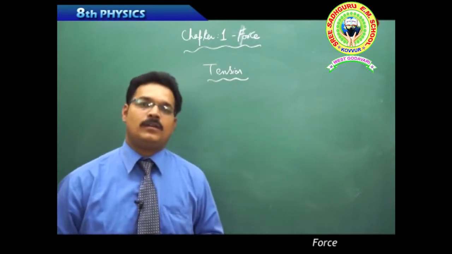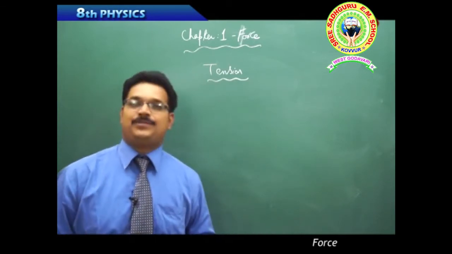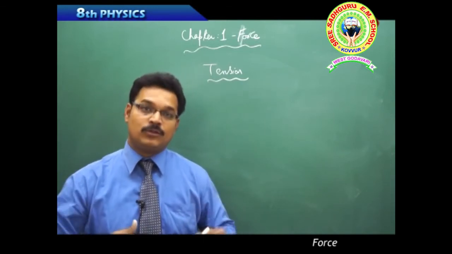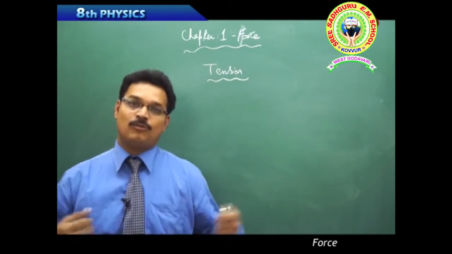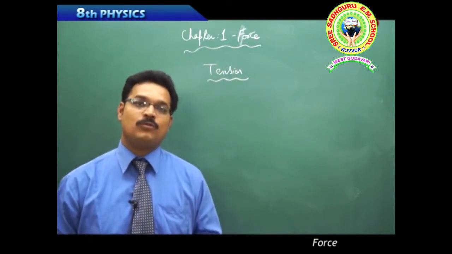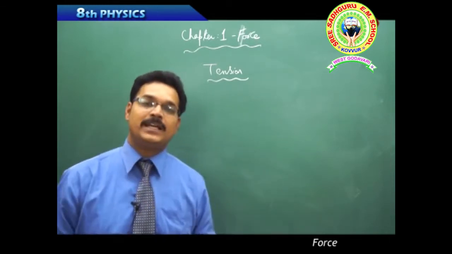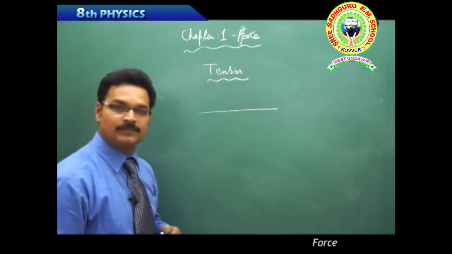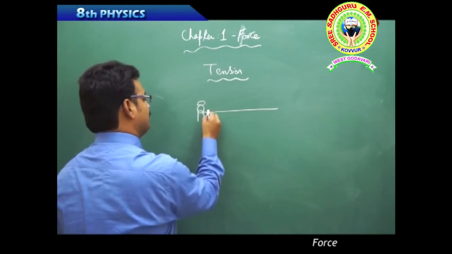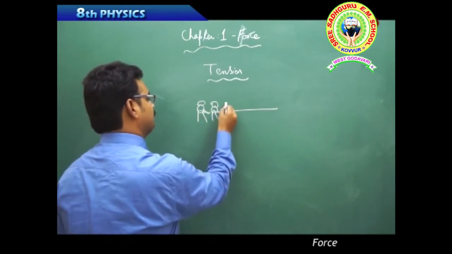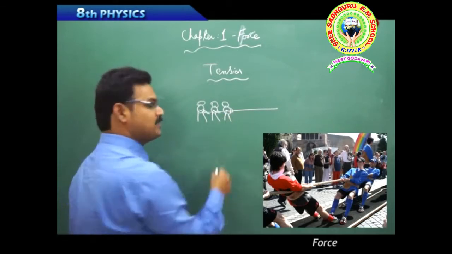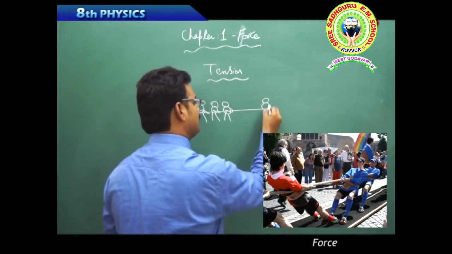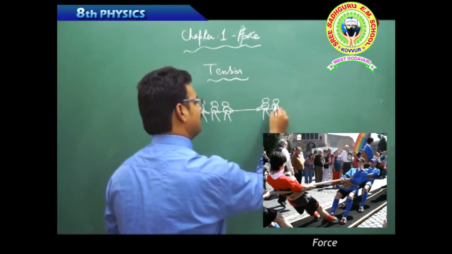Sometimes you play indoor games. Say, you know the game tug of war, like two groups of people pulling the rope in two different directions, and who crosses the reference line, we declare that group the winner. Like this, there is a rope and persons are standing next to each other holding the rope in one direction, and on the other side also persons are standing and holding the rope,